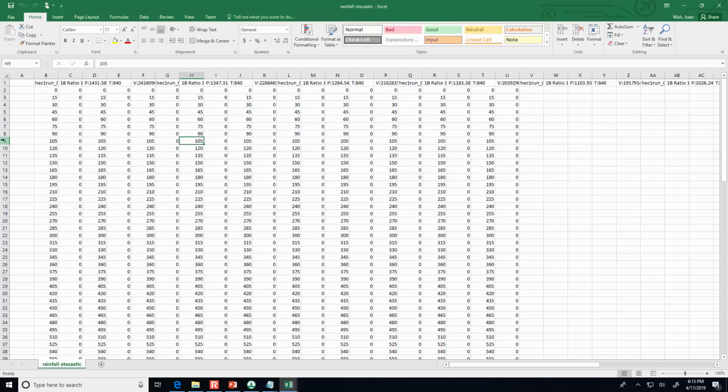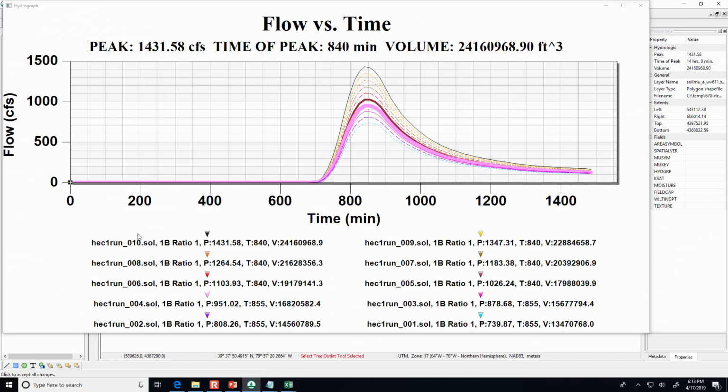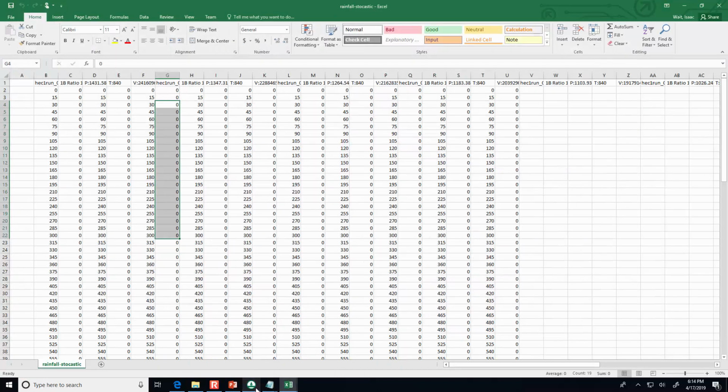So then we had 10 runs, and so we'll have, you know, here's the first run, here's the second run, here's the third run, the fourth, and so on. So if we wanted to, the time column, all these are the same. We could delete all but just the leftmost time column, and then this would represent run 1, run 2, run 3, and so we could recreate this same figure with whatever colors we prefer and chopping off the time that doesn't matter and that sort of thing. So that's how you can do a batch simulation with WMS.